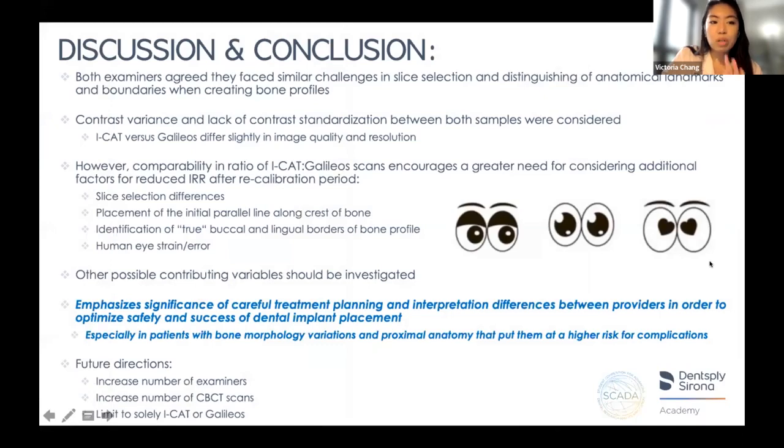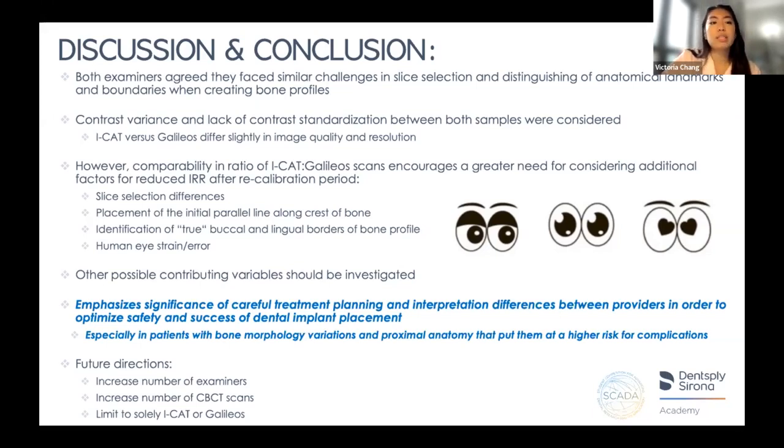So to wrap it up with our discussion and conclusion, the two of us agreed that we had similar challenges in our slice selection and distinguishing of anatomical landmarks and boundaries when creating the bone profiles. We had considered, as I shared, the contrast variance and lack of contrast standardization between the two samples, as ICAT versus Galileos differs a bit in the quality and resolution of images. Because they were comparable, however, we realized there's a greater need for considering additional factors for that decreased IRR after